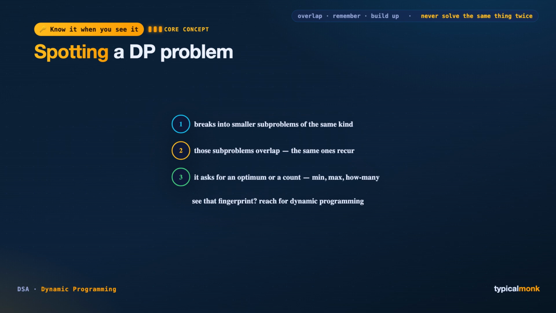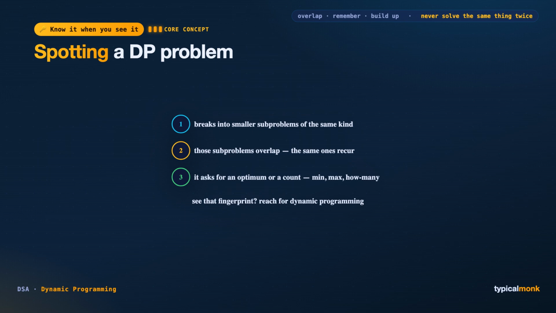When you see find the minimum, find the maximum, or count the number of ways, combined with a structure that breaks into overlapping subproblems, your instinct should immediately say: